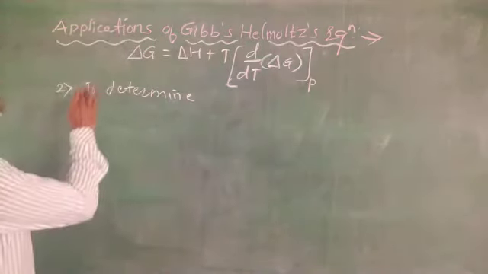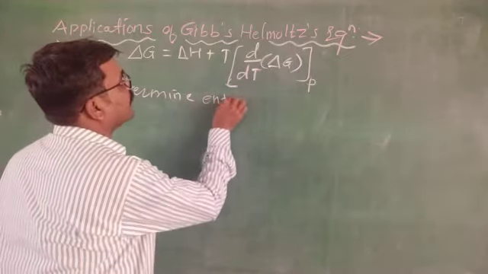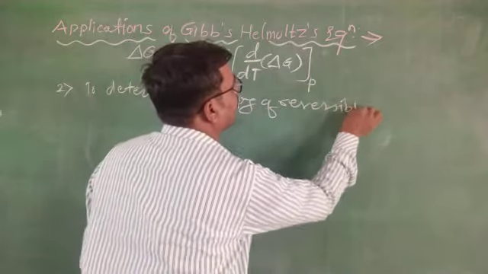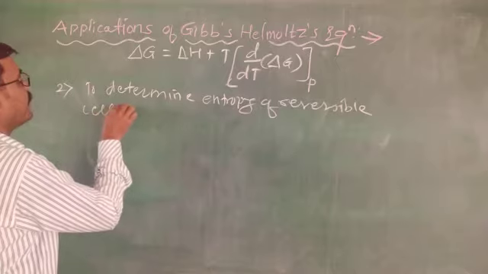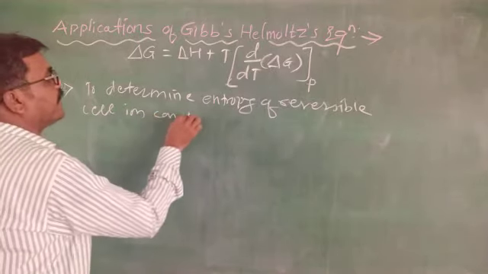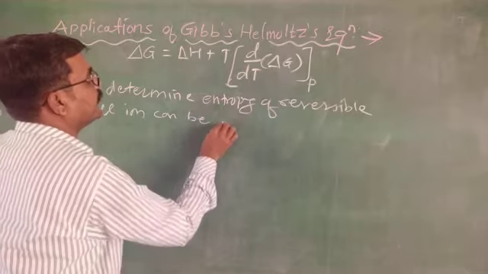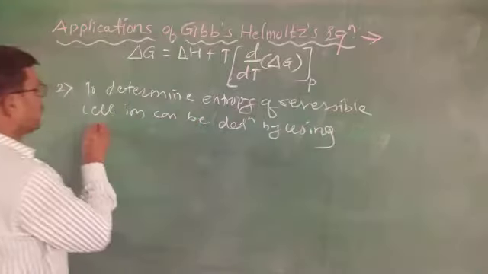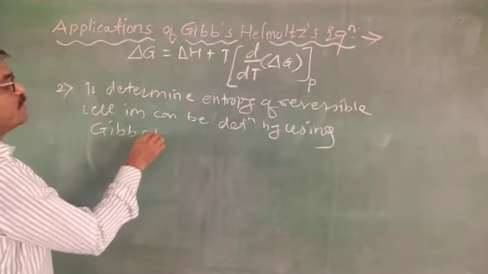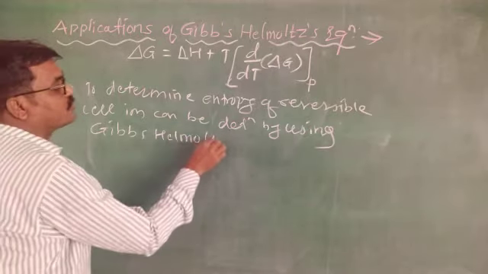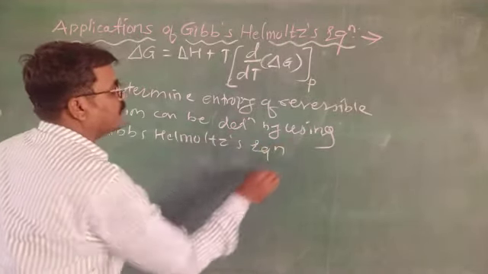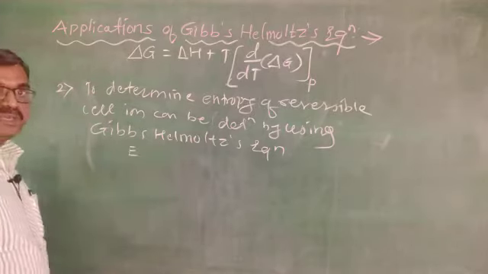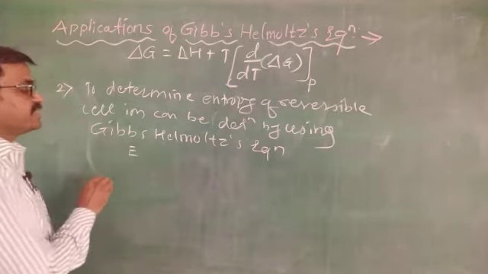To determine the entropy of a reversible cell, it can be determined by using the Gibbs-Helmholtz equation. Now, in the first application, if you know the EMF of the cell, then there is a relationship between the EMF of the cell and